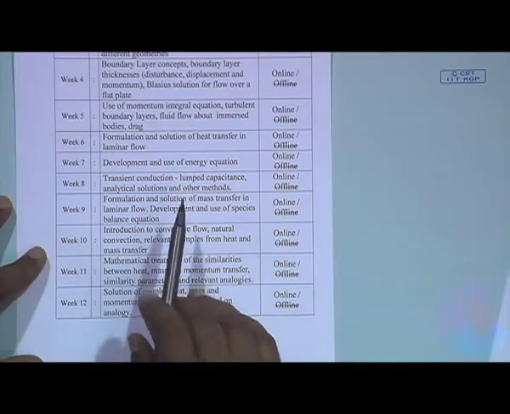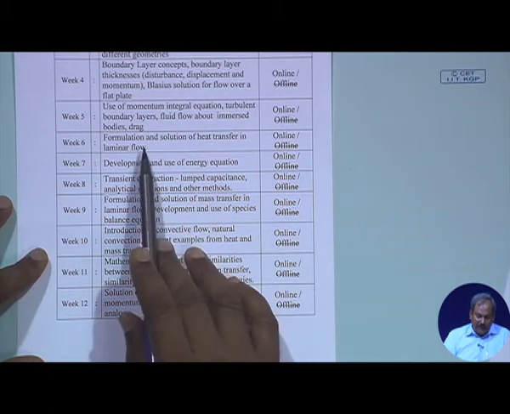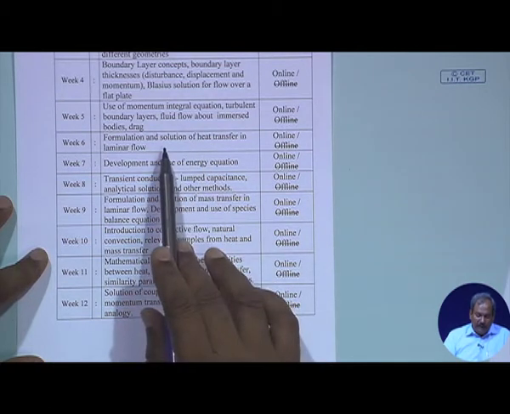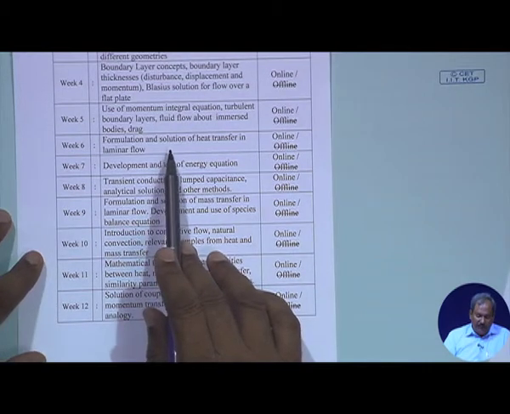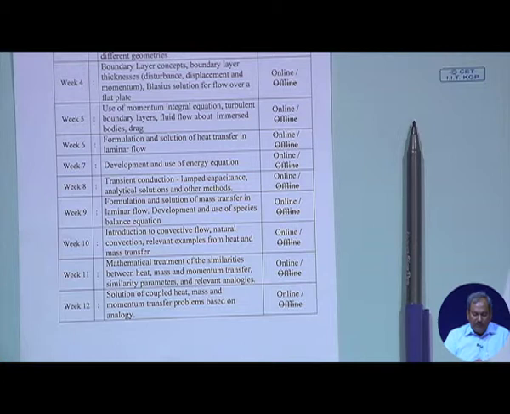From that point onwards, we then shifted gears to heat transfer, and the same way we have done the shell heat balance method to end with appropriate boundary conditions. We solved some examples of heat transfer in laminar flow, heat transfer in solids, heat transfer in solids where the temperature could also be a function of time,